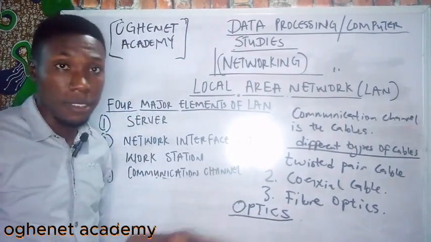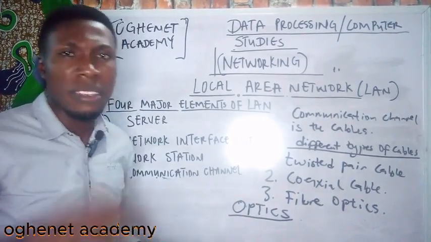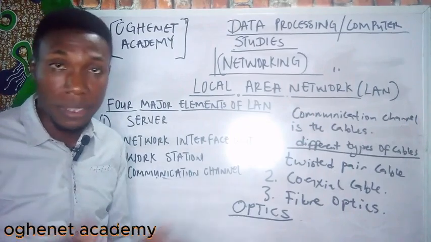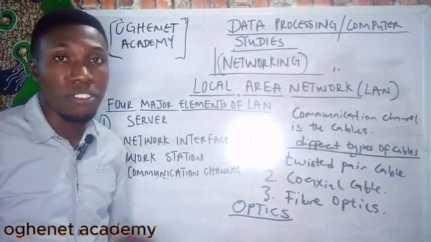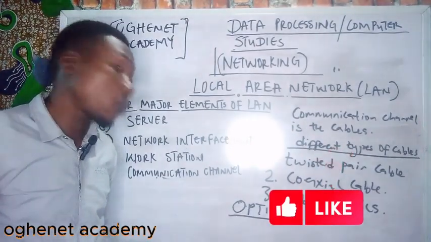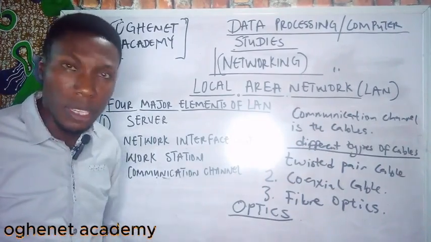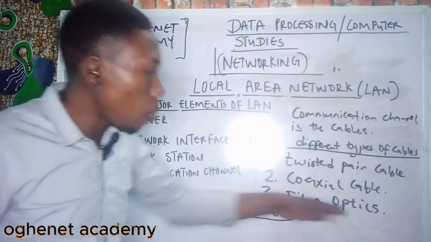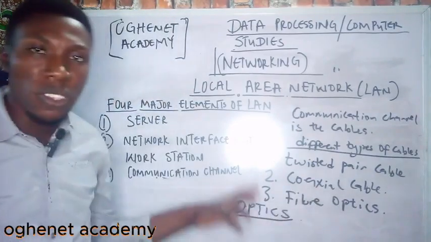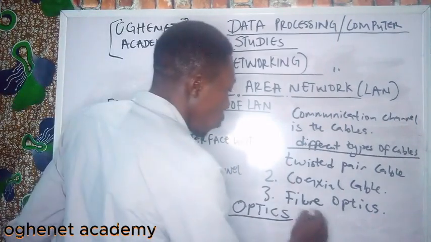Okay, optics. Now, optics has to do with the interaction of light: how light is transmitted when it goes from one particular medium to another, how it behaves. So fiber optics actually works on the principle known as total